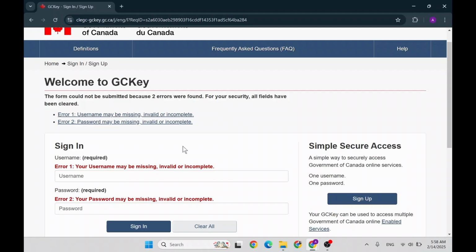After you do that, you'll get logged in to your GC Key account, and that is basically all for today's